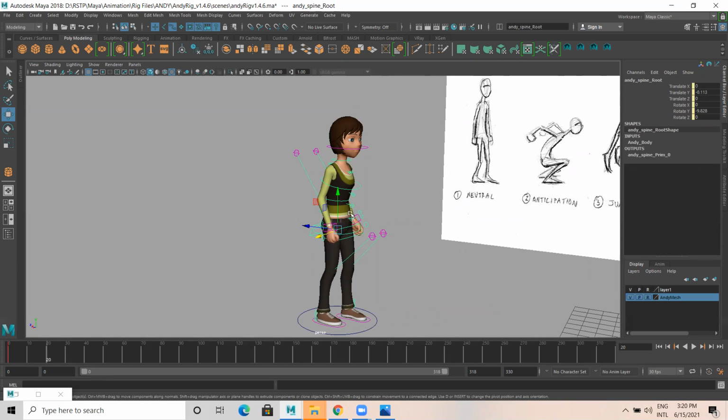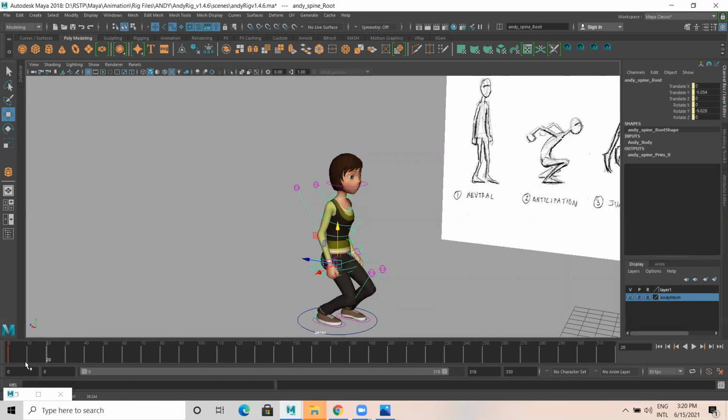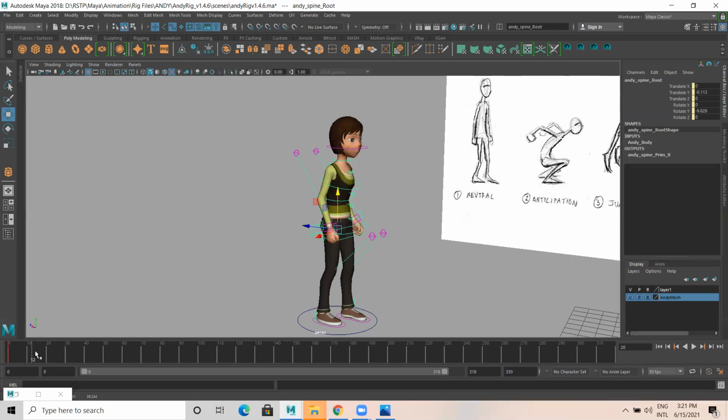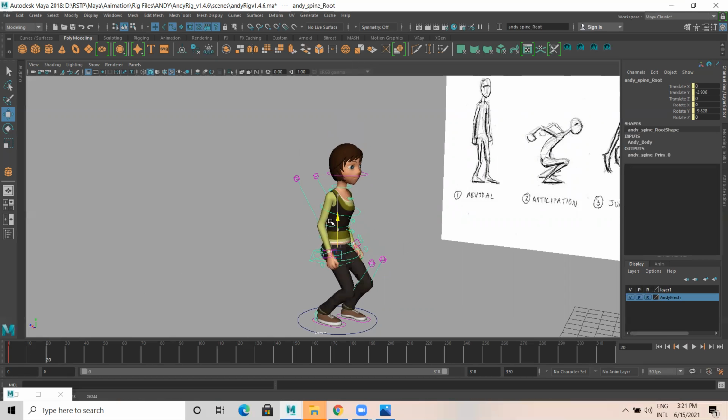Make sure when you are doing this next position, don't click on any of the frames, because it will go back to frame number 0, which we have done earlier. So when you are in 20, make sure you are doing only this one.